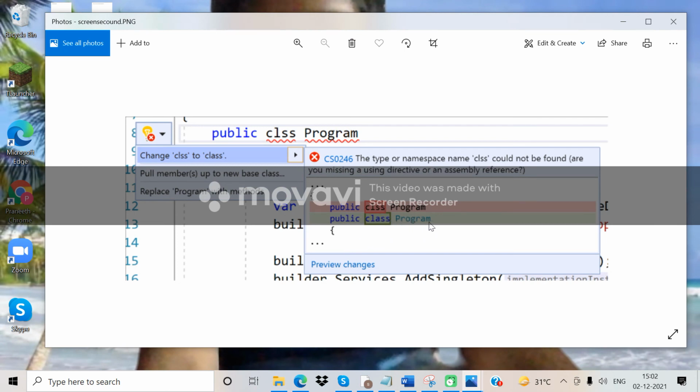Here program is not there. Just you can issue the rule. This type of the namespace name CLS could not be found. Now we can show it this way. These are the things that can be taken care of by the Roslyn analyzer only.